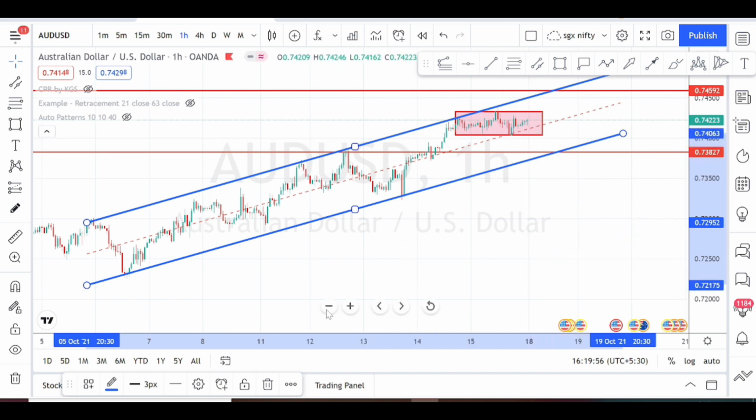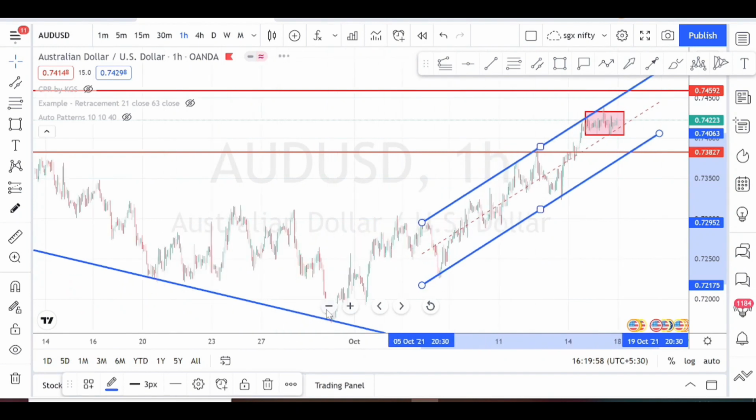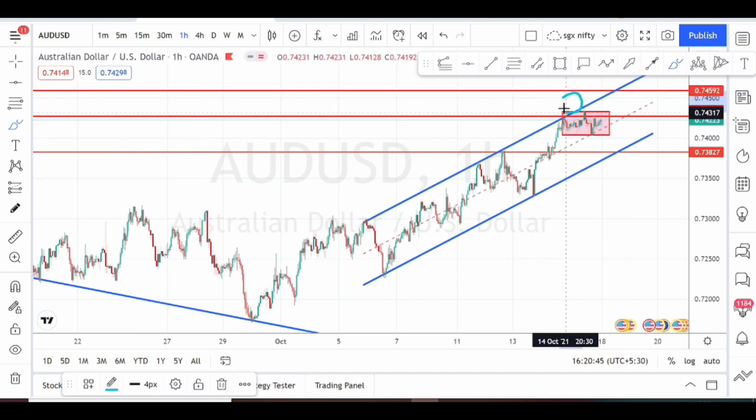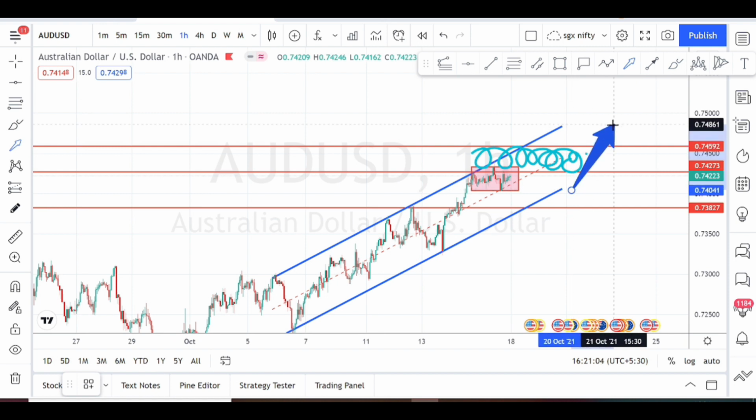So when we come to the left hand side, let's see what is creating these issues. Here on the left hand side, this was a double top pattern, and the double top pattern has given a breakout. This was the area of consolidation, or this is the neckline where it broke and came down. So presently it is trying to break this previous neckline. That is why it is finding resistance over here. To make it clear, this full area is a resistance area. You should put a lot of effort to break this resistance area, then only can it continue its uptrend.